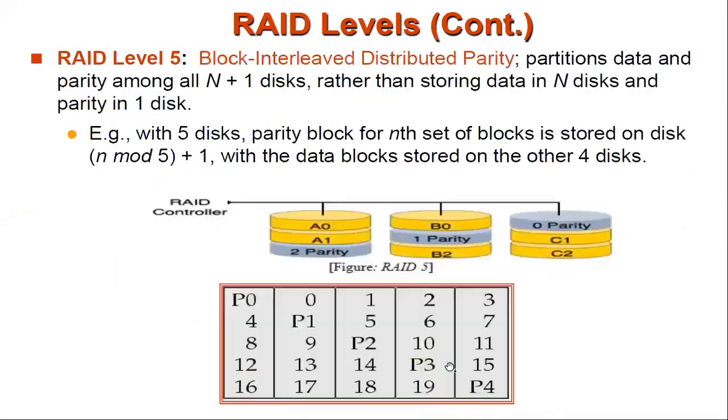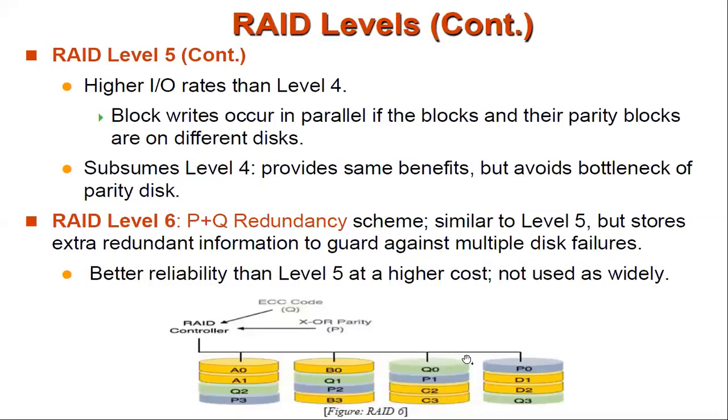So here you can see in the 5th one, you are saving the parity data in only one disk. Suppose if anything happens with this particular disk, you will not be able to retrieve the data. Okay, but here in the P plus Q arrangement, you are going to save the parity details also in multiple places. Okay, so here the data is also saved in multiple places with block level striping, as well as the parity details saved on multiple disks. Okay, so that you will not get any problem with the parity details also.